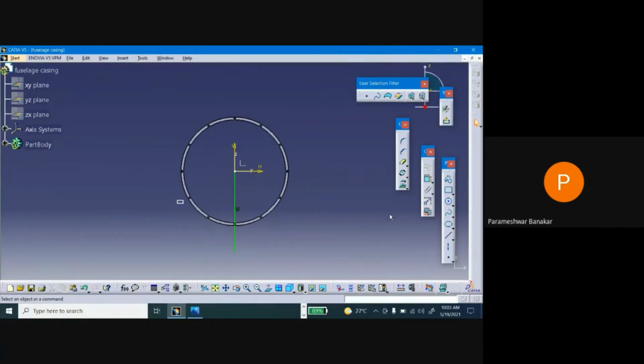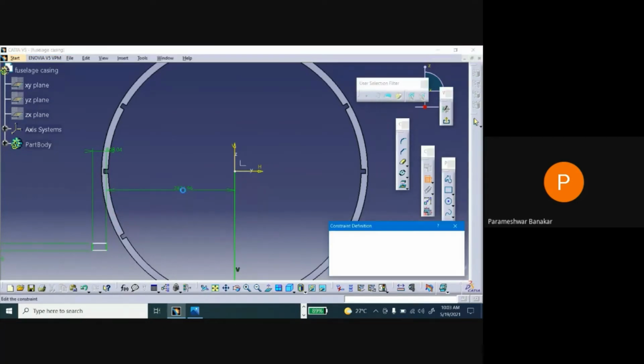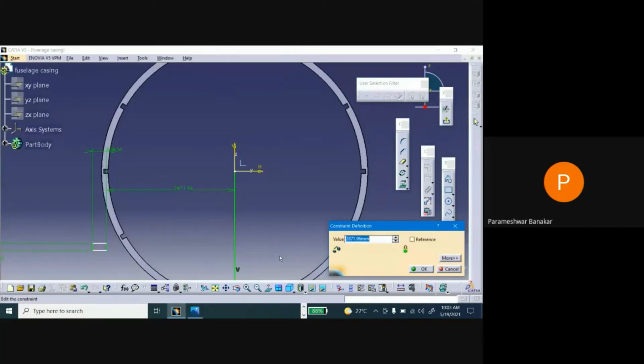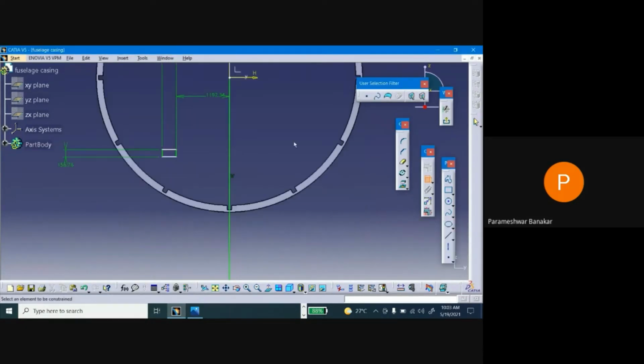So for that, go to constraint, select this and this, the distance is 2871, remove this, so the dimension is almost 2384.68, divided by 2. Correct?